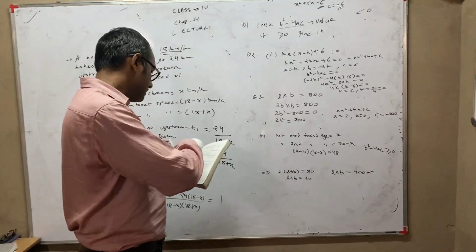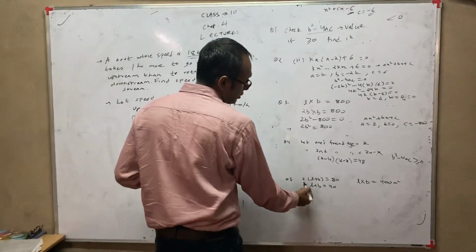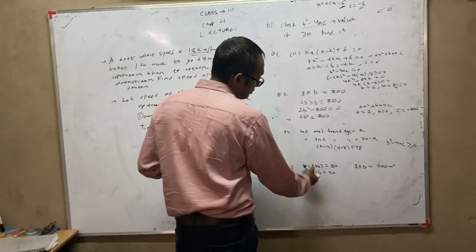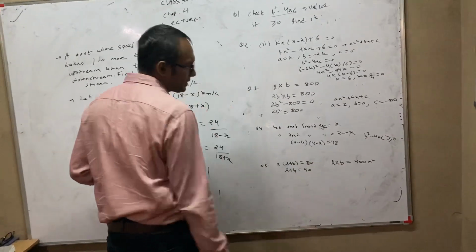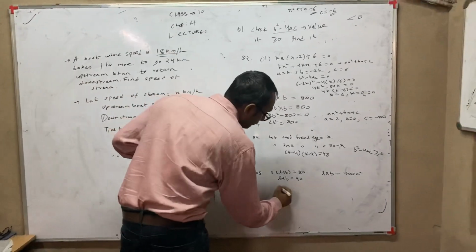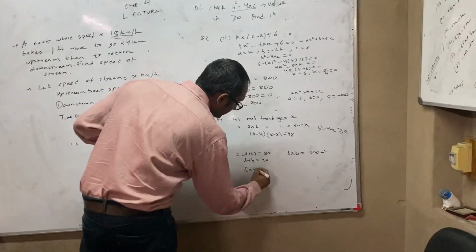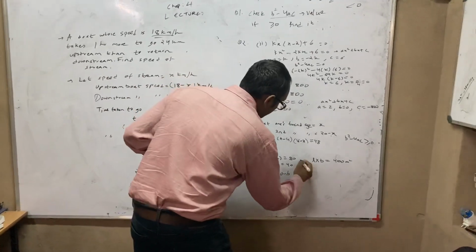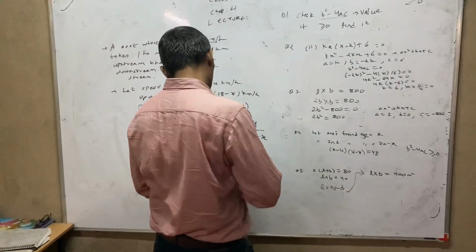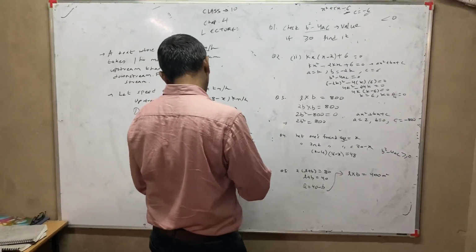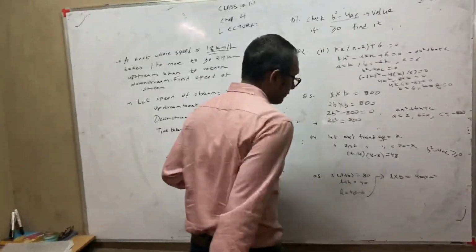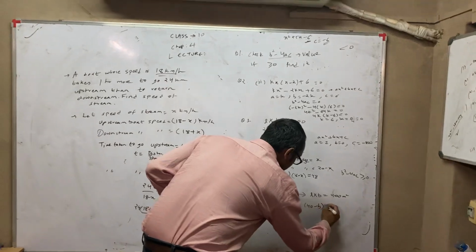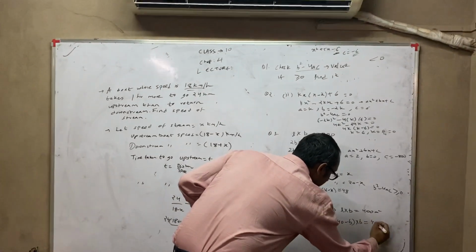So they have given us perimeter, basically of rectangle, 2 into l plus b is equal to 80. So 2 we will take down, so we get l plus b is equal to 40, or value of l if I want to write, I can write as 40 minus b. And of course now they have given us the area. The area they have given us 400. l into b is 400. Instead of l I will write 40 minus b into b is equal to 400.